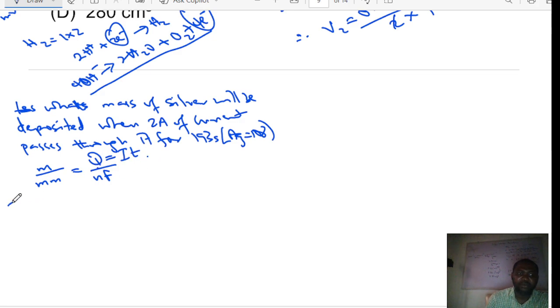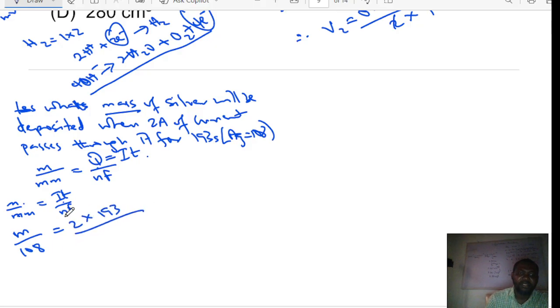In this case, I'm going to use mass over molar mass is equal to IT all over NF. The mass is what we are looking for, so I'm going to write it as M. Then the molar mass of silver is 108, equal to the current 2, the time 193, divided by